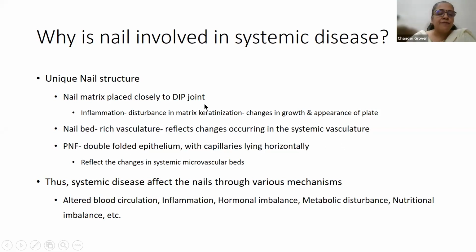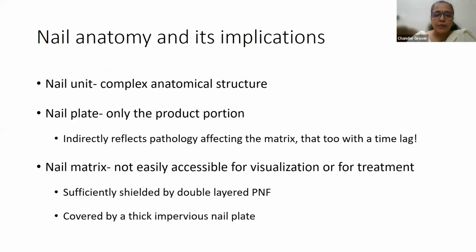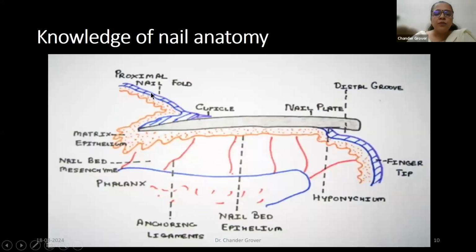The proximal nail fold is a double folded epithelium. As you can see, I'll just go back a few slides. The proximal nail fold is a double folded epithelium. So this part is doing normal squamous keratinization, just like skin. But from here, it folds back to produce this cul-de-sac. And this normal rete ridge pattern becomes these elongated rete ridges in the matrix epithelium and then flattens out in the nail bed. From here onwards, beyond the lunula, is the nail bed.